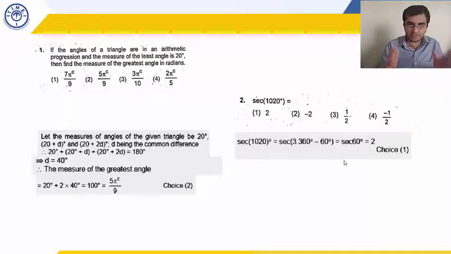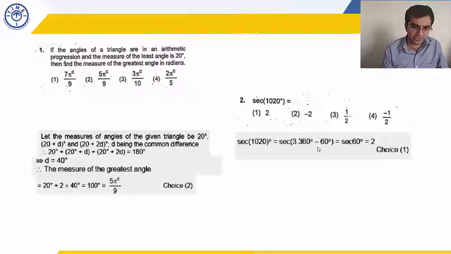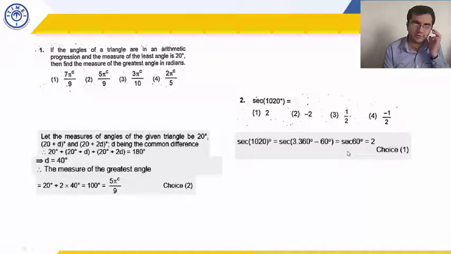Please note it down. Please observe, check which part is not clear. Everything is in cycles. So you keep completing the cycles and then you get one of the acute angles. Then you check the quadrant, then you check the sign, like we did for 90 plus A, 90 minus A, 180 minus A. And then you find sec 60. So you need to know how to find sec 60: 1 by cos 60. Cos 60 is half.